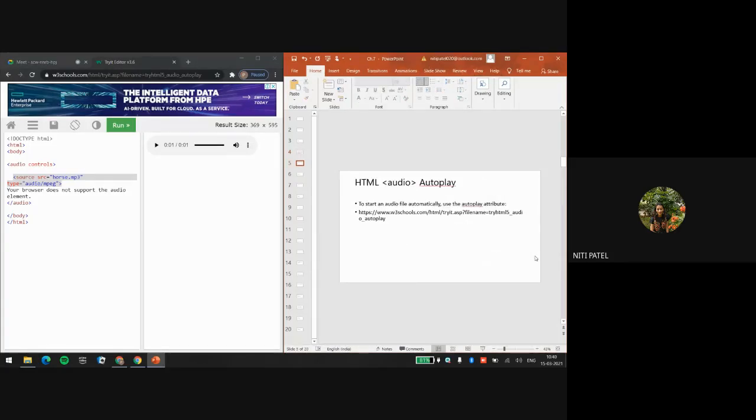Is that clear? Why is that control? The control is used to add the play, pause, and volume buttons. The audio tag is used to add the audio, which has many supporting formats like .mp3, .ogg. If you give both, the browser will select the format on its own. But if you want to play a specific format, keep either .ogg or .mp3. Is this clear up till here?